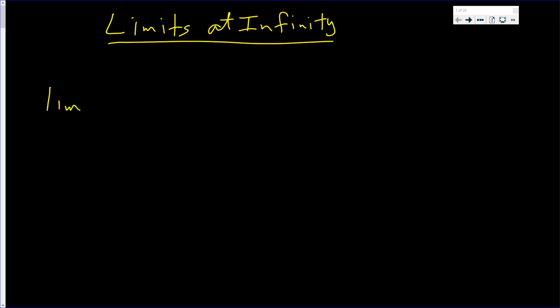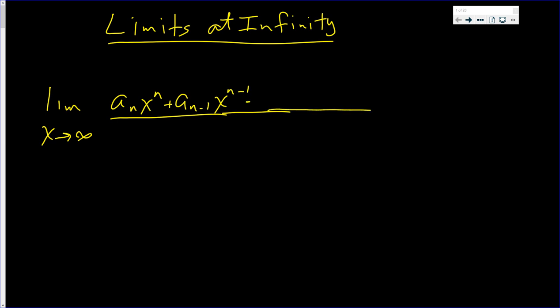The limit as x goes to infinity of one polynomial, say a_n x to the n plus lower terms, that is a constant times x to the n minus 1 plus a constant times x to the n minus 2, all the way down to a_1 x to the 1 plus the constant a_0,